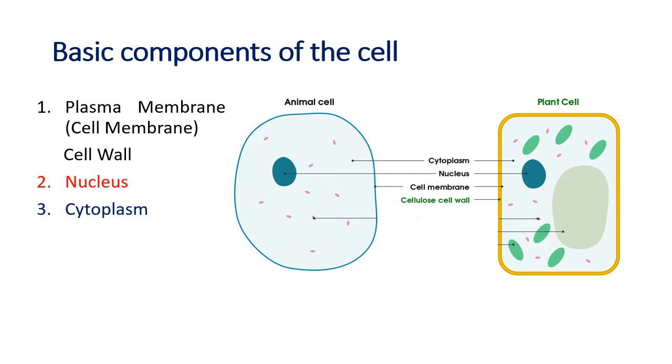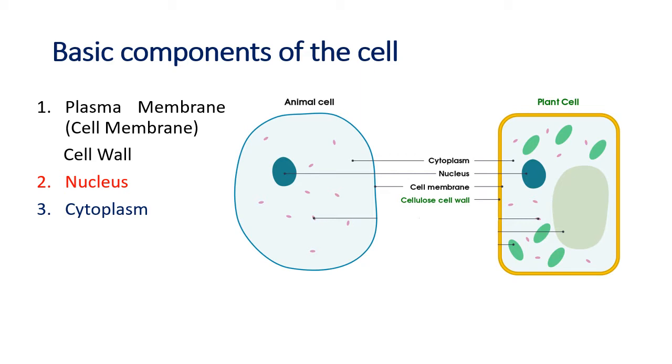So yesterday we did the plasma membrane, its characteristics and functions. We also understood the cell wall, which is made up of cellulose, right? And the plasma membrane we saw is a living membrane. It controls the exit and entry of materials in and out of the cell. It is a selectively permeable membrane. While the cell wall, which gives rigidity to the plant cell, is fully permeable, and it allows all the materials to enter and leave the cell.